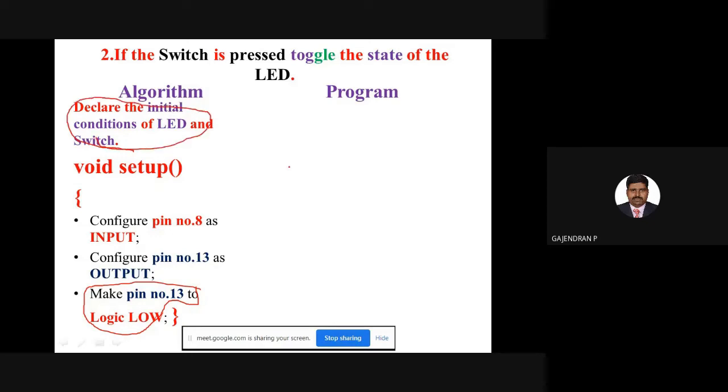This we will see immediately: what we are going to declare in the program part. Please make a note of it. As I discussed earlier, I must know the previous state and present state of my switch and LED. If I know, I can toggle it. Without knowing the previous state, I can't toggle the value because I don't know whether my LED is in on state or off state. Without memory, I can't make the logical change. So for the switch, I am going to have two things, present state and previous state. First we are going to declare the switch present state as an integer. Then the second